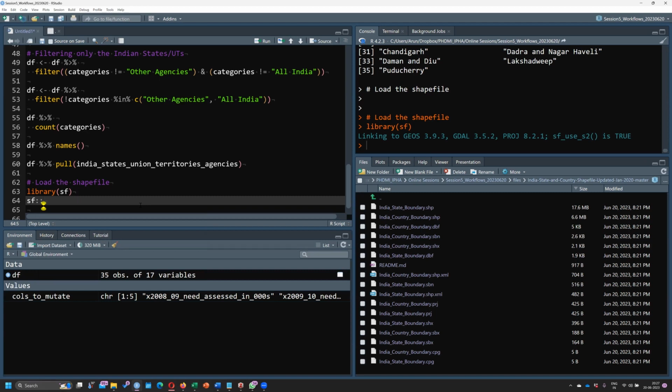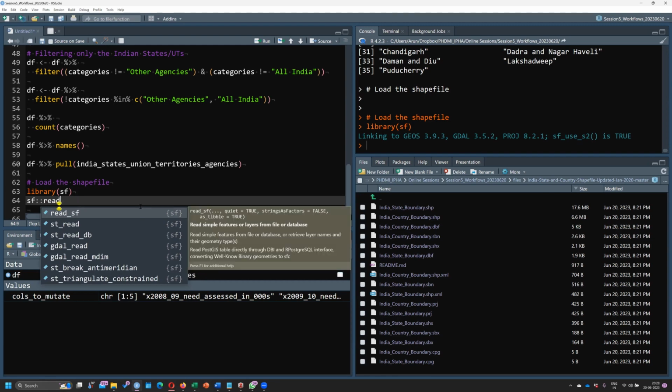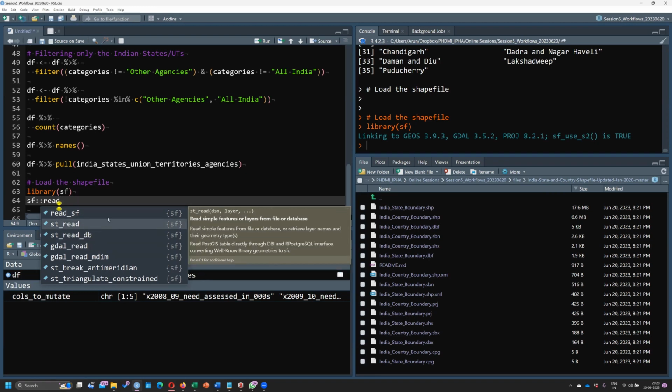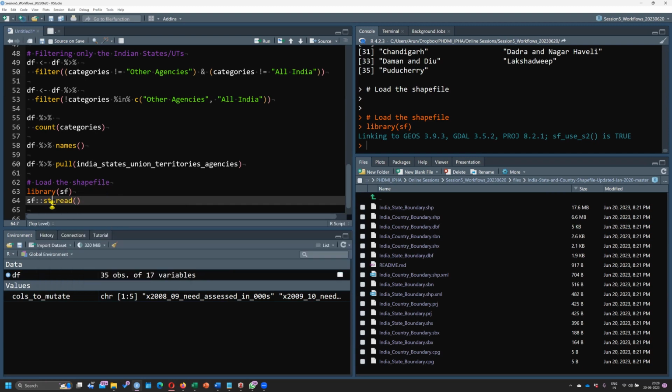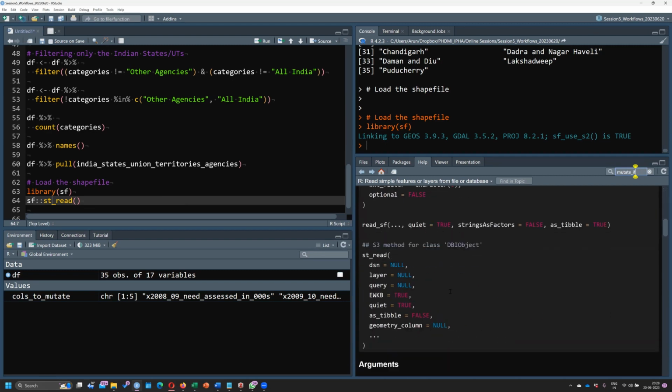Let us first load this dataset. How to load? In the sf package, there are st_ read functions. You can read a database, you can read GDAL, you can read an sf object. But I think the best way is to use st_read. Let us look at its documentation. It says, read simple features from file. You can give it